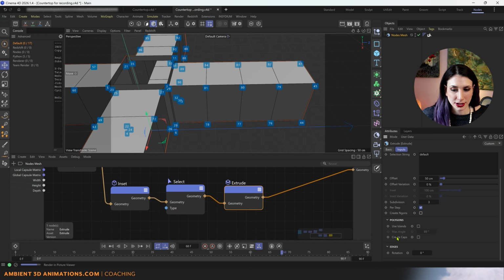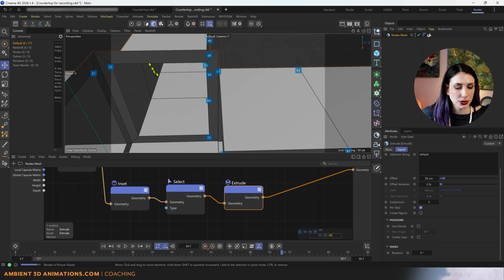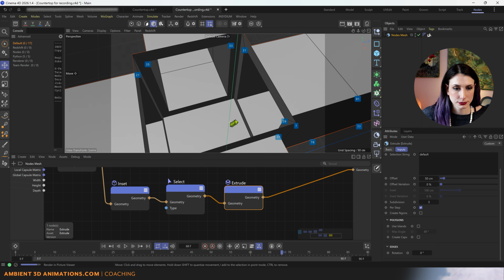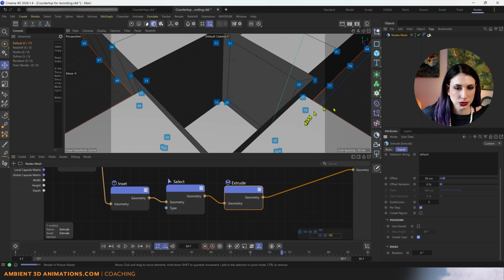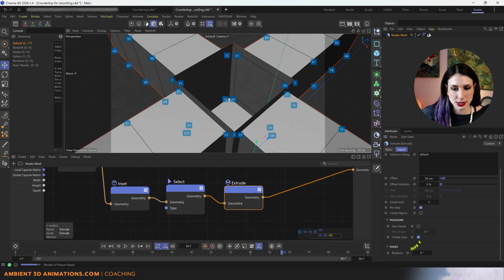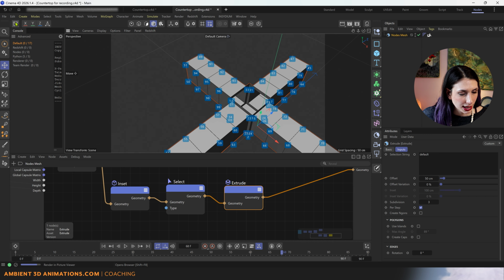These other options here are useful for curved surfaces. So if you're 3D modeling something curved, this is going to be really important to you in order to understand what use islands and max angle are. Actually, if we look inside of here, you'll notice that these are open. If you choose create caps, it'll close it off, it'll cap it. So that's what create caps does. Now this use islands applies to curved surfaces. So let's go ahead and